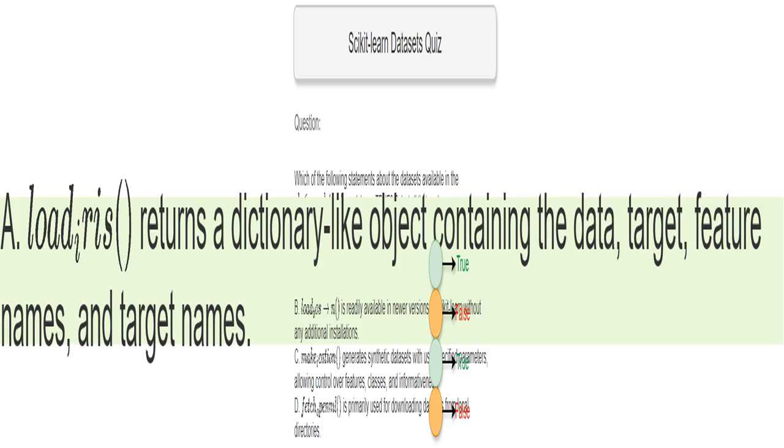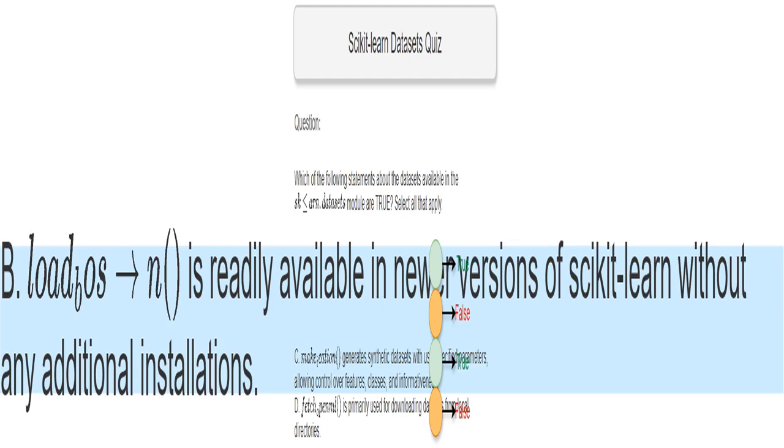make_classification function is a tool that lets you create your own custom datasets. You control the number of features, classes, and how informative those features are. It's great for experiments and testing your models. This is false. fetch_openML gets datasets from the OpenML online repository, a vast collection of datasets for machine learning tasks, not from your